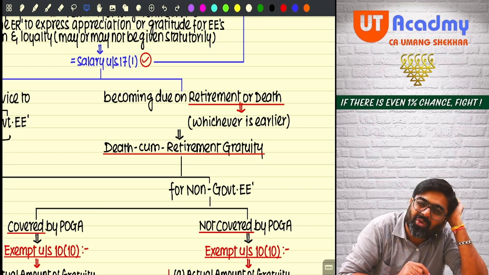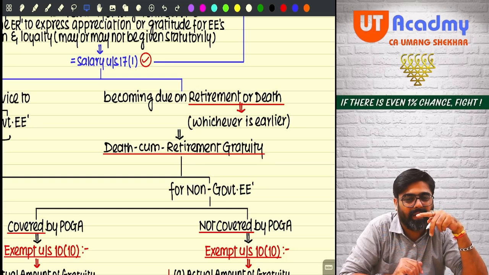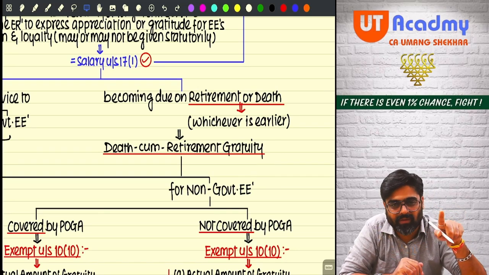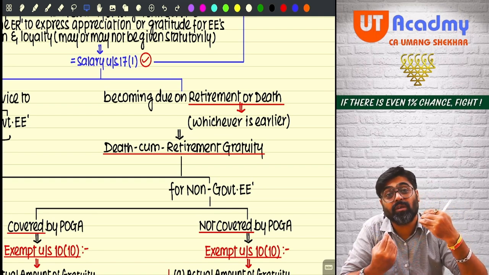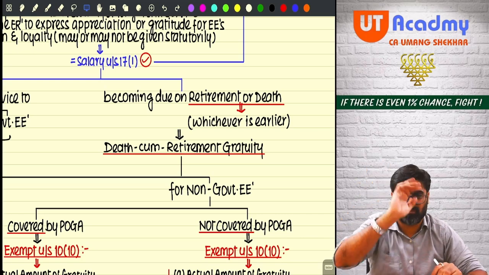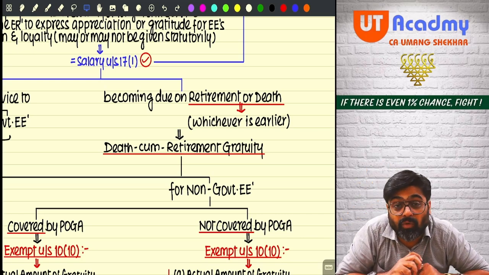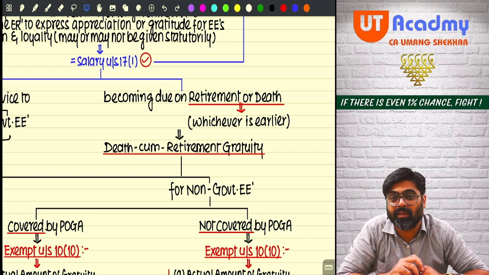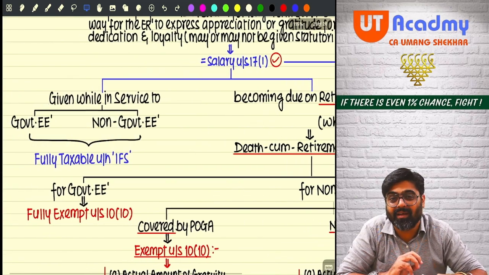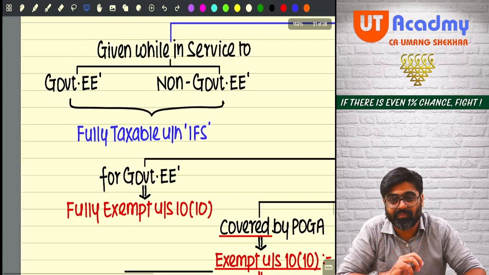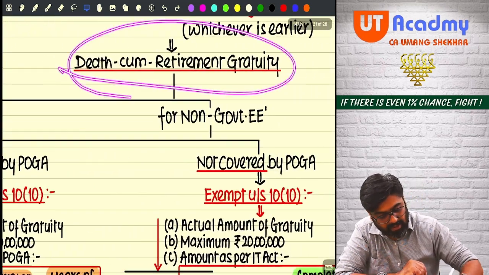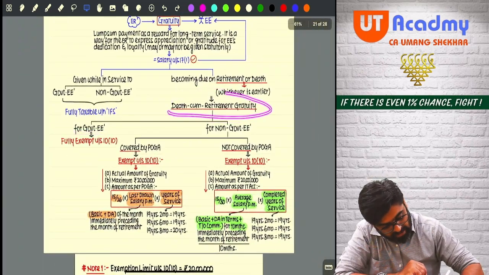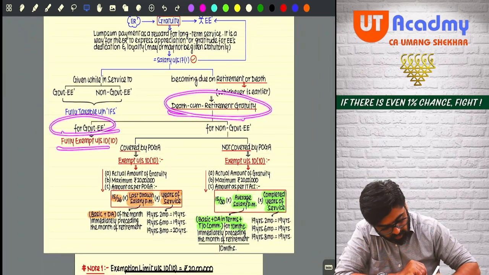Wait now. So do one thing. Government is saying, don't worry. In the year of retirement, whatever gratuity you are getting as death cum retirement gratuity, that we are going to exempt fully. But it will be exempt fully only if you are a government employee. So death cum retirement gratuity for a government employee will be fully exempt,